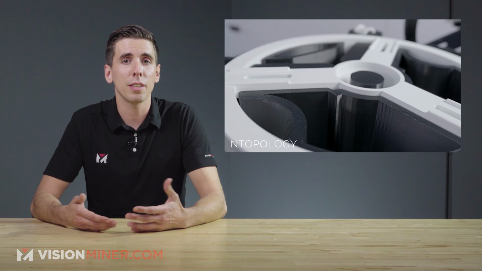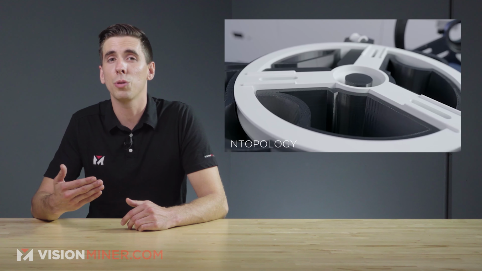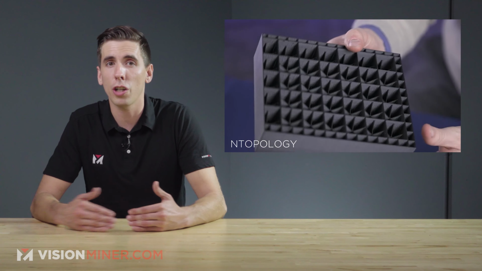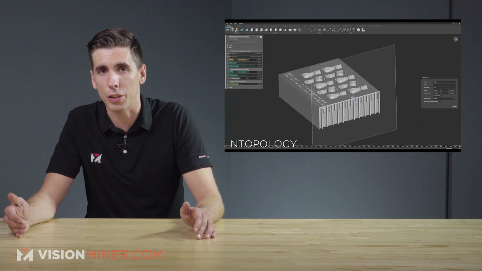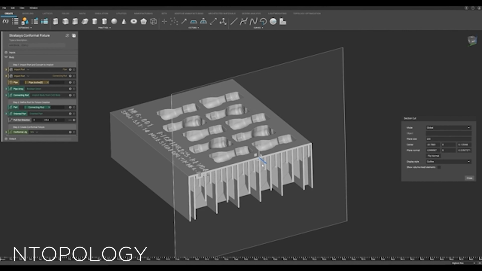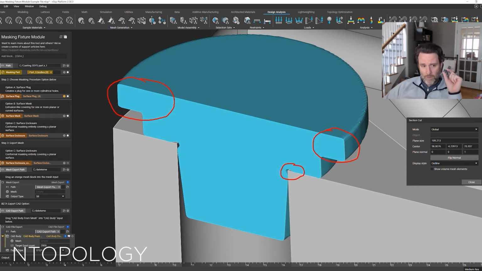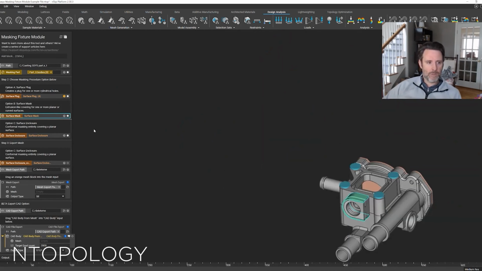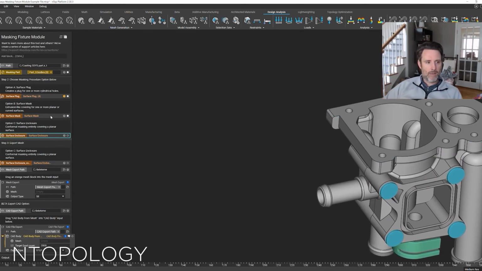According to nTopology, the new workflow program is capable of saving users hours of work in CAD design software for each job through automating the design of fixtures. So the module turns a complex part surface into customized protective plugs, masks, and enclosures in just a couple of clicks. Now, with the new module, you simply select a surface and the tool automatically generates an enclosure for any